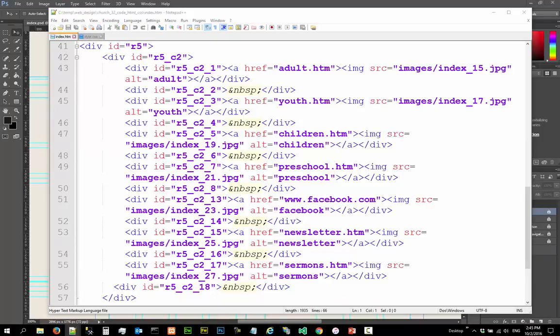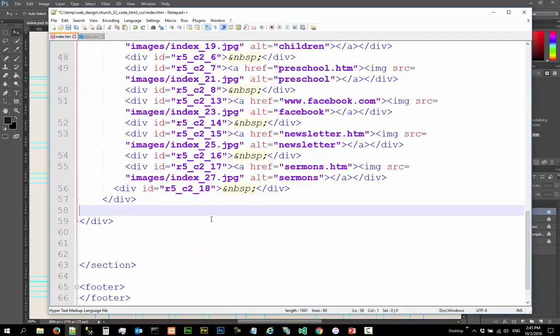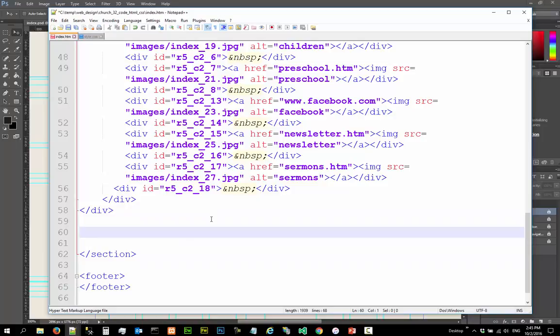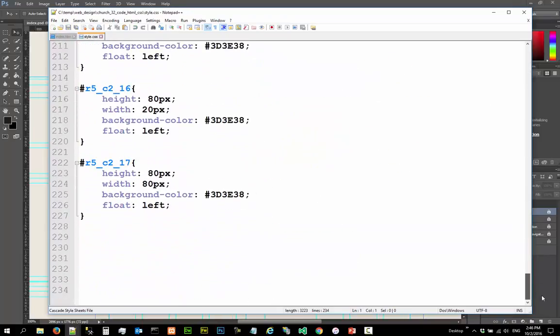and we are going to put all this in the section. So we're going to put a row here, we're going to call it R7, save, and go back to style.css, go all the way to the bottom and say that we don't really need R6, we just call it R7. We just say R7 is going to be